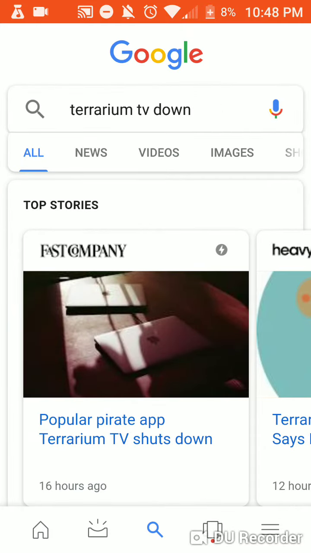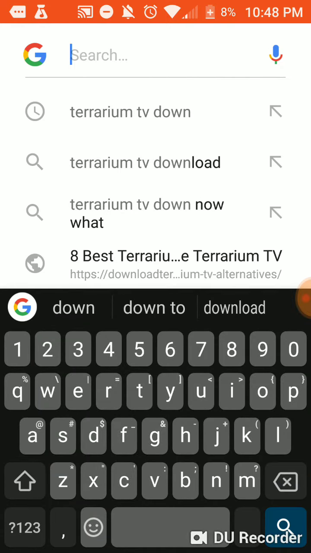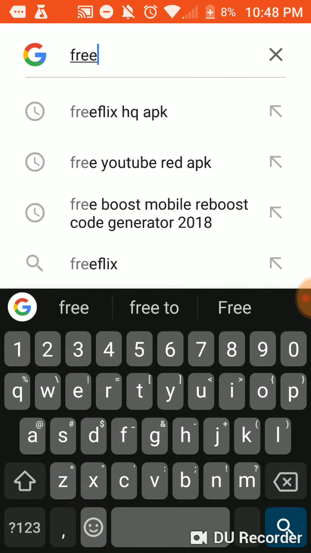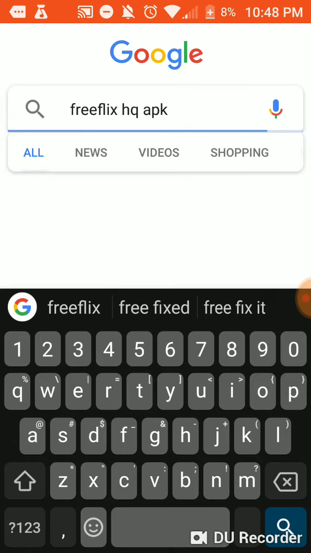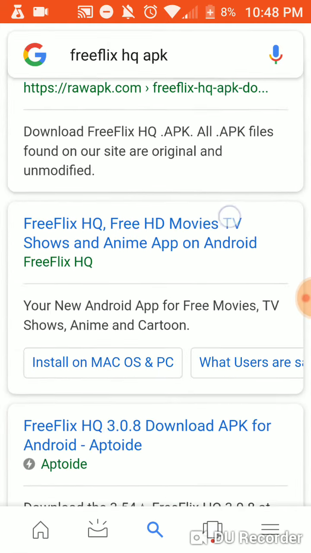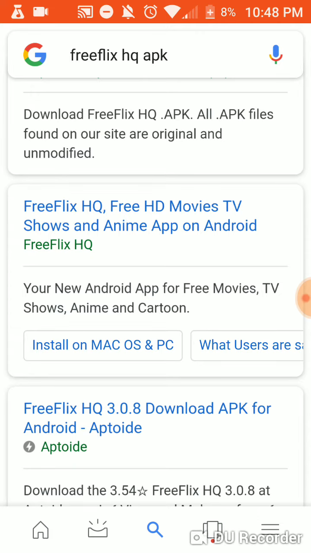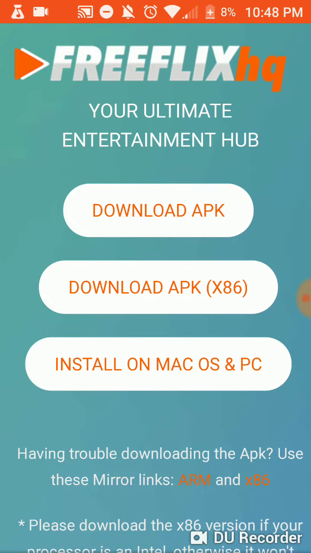All you gotta do to get a replacement for it, just put Freeflix HQ APK. Search that, click on the one that has the Freeflix HQ right here. That's the official one. And if you click on download APK, this first one,